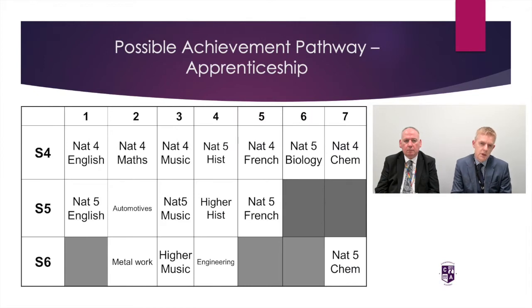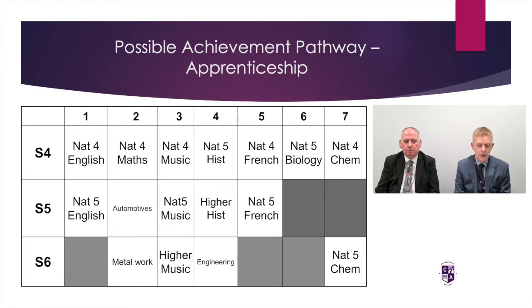So how does this work out for our pupils? Well, clearly we have a range of pupils with different needs, different strengths and weaknesses, and different ambitions. So we have to produce an option form and a curriculum in S5 that gives the opportunities for every single pupil to attain their wishes. How we go about doing this, I should say, is through the offering. Now clearly the pupils have a number of routes. One of the first routes for many of our pupils is into the world of work, into the world of